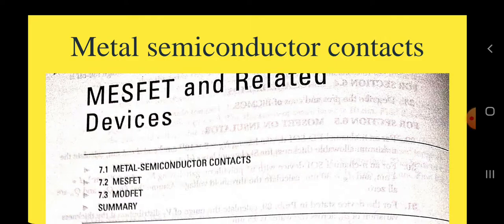The metal semiconductor field effect transistor, that is the MESFET, has current voltage characteristics similar to that of a metal oxide semiconductor field effect transistor, that is MOSFET. However, it uses a metal semiconductor rectifying contact instead of a MOS structure for the gate electrode. In addition, the source and drain contacts of MESFET are ohmic, whereas in MOSFET they are PN junctions.